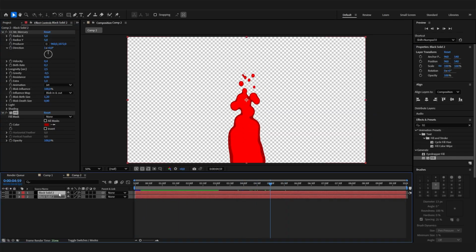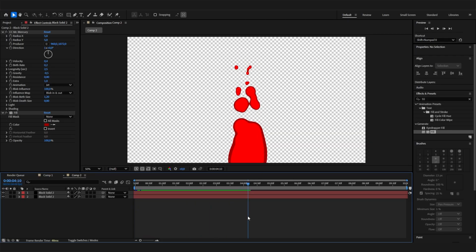For example, let's take both of these layers and bring them to the left, so the animation will already be ongoing on this timeline, because the beginning just doesn't look good. But yeah, this is super cool. This already is like the outline.